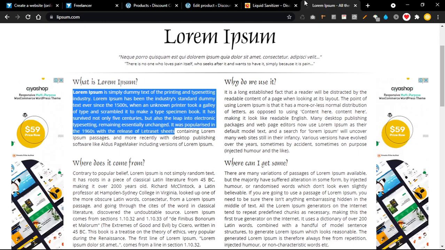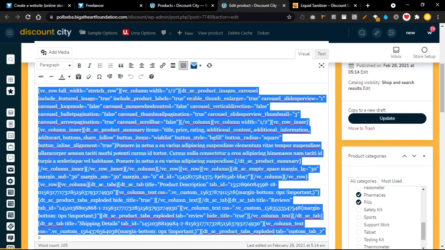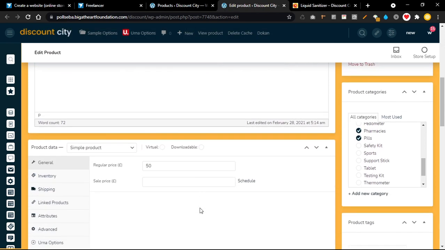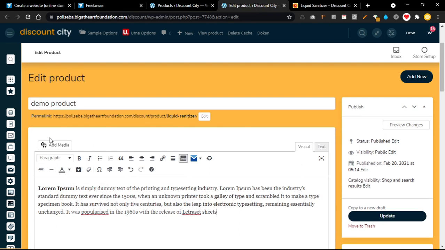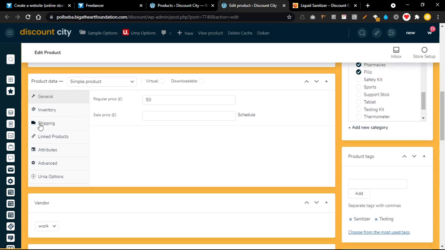Just copy and pasting, and here is the title, product title, and the information here, and the regular price. You can see regular price. If I put 100,